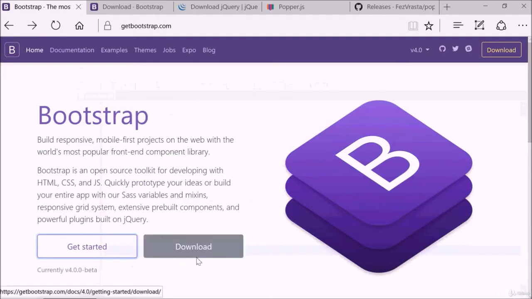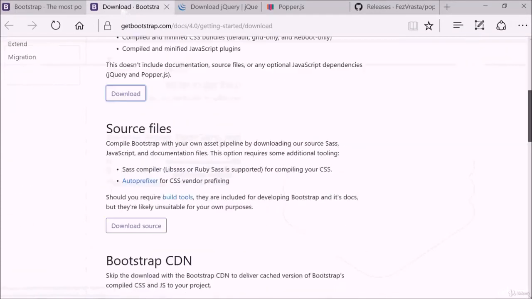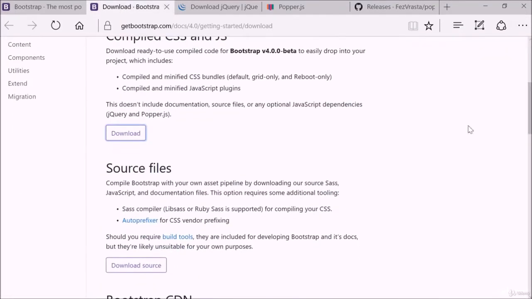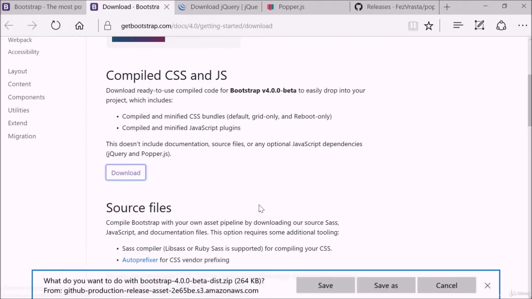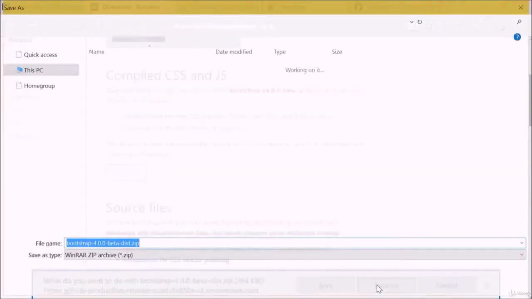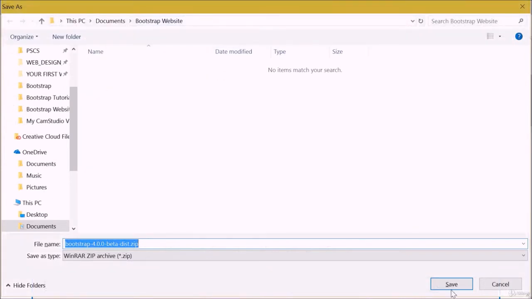So move over here and hit on downloads. Once you hit on downloads, it's going to open up this window for you here. And once the window comes up, you come over here and you hit on downloads. And once you hit on downloads, this is going to prompt you to download the Bootstrap folder. This is the Bootstrap file. I'll go ahead and hit on save as. So it's inside the Bootstrap website. So I'll go ahead and hit on save,